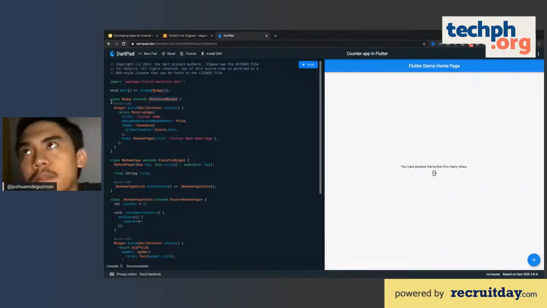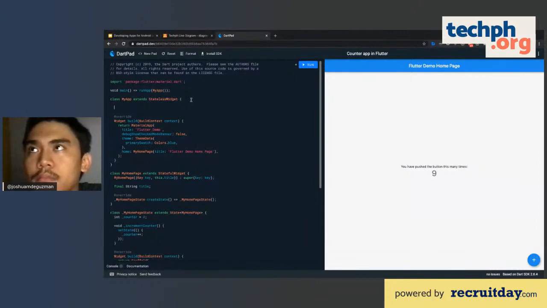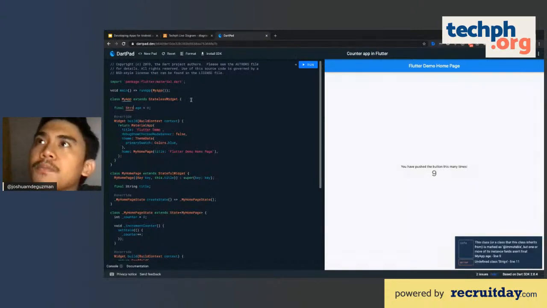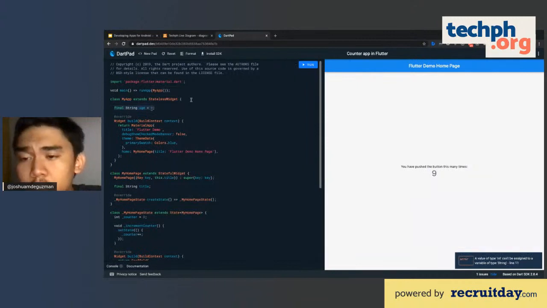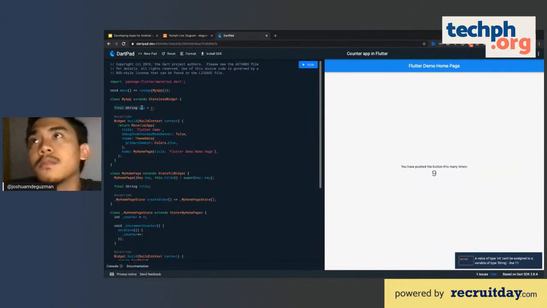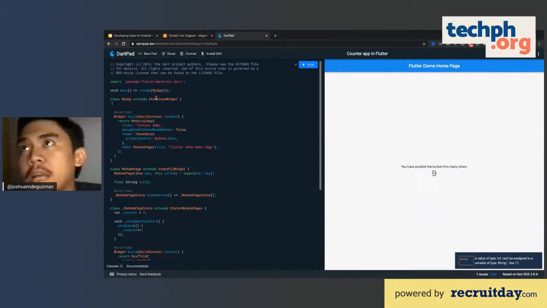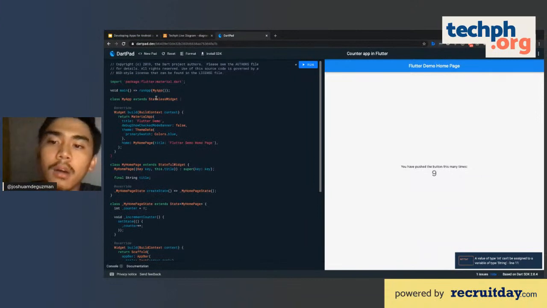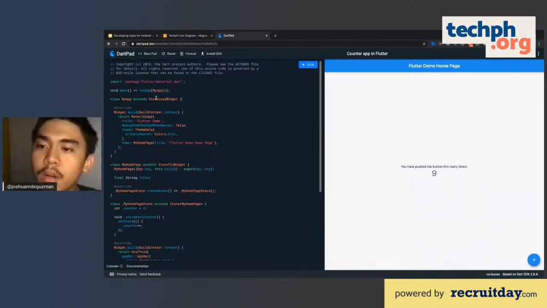Meaning, for example, if the application that we have here doesn't hold variables such as, for example, string age, and this doesn't actually change at all, and this is declared as final, pretty much this is a state or a variable that doesn't change during runtime because there's no function that calls it, there's no function that updates it. So we try to use stateless widget for that because it's really unnecessary to create a stateful widget for a widget that doesn't involve internal state changes.